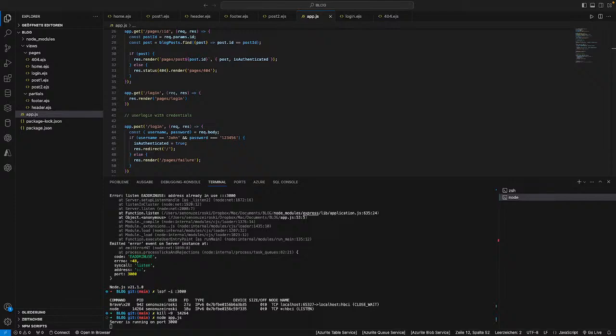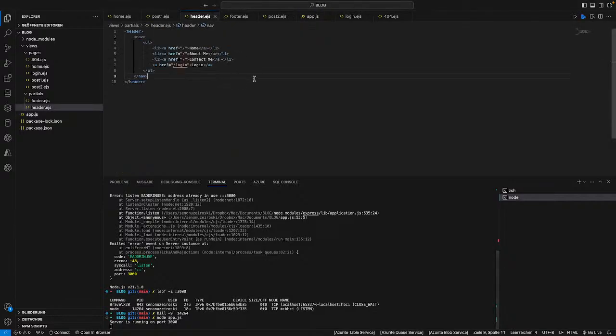Let us go to, let's see, maybe the header file again. So here on our header, let me see. Let's go ahead and make the conditional statement here. So if isAuthenticated, we're using the isAuthenticated variable that we declared